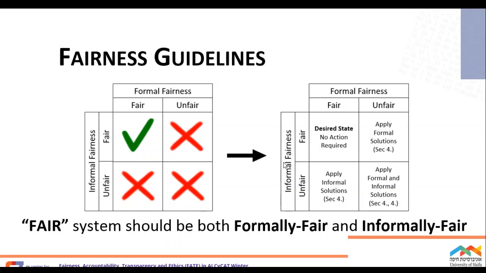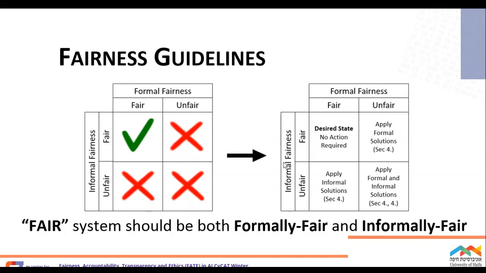If the system is formally fair, but it's perceived to be unfair, this is something that we should try to do something about. And if the system is unfair and is perceived to be unfair, there is little to do about it. So actually, if we are considering the matrix on the left, then there is a set of actions we can take on the right. If the system is formally unfair, we can apply formal fairness solutions